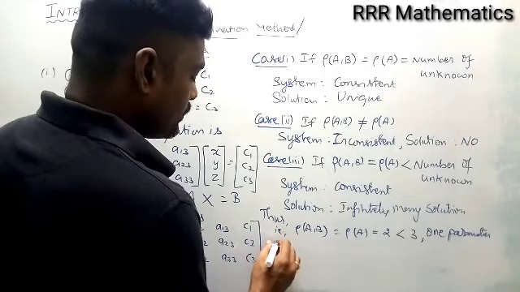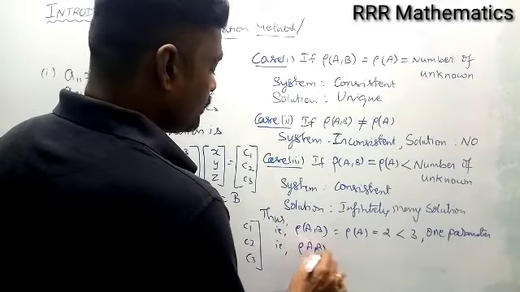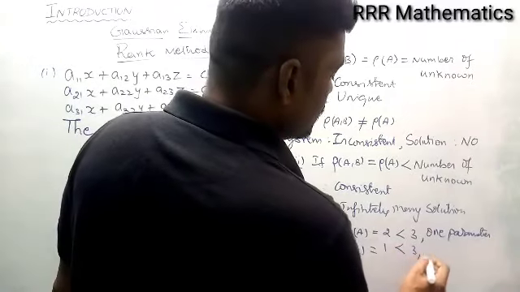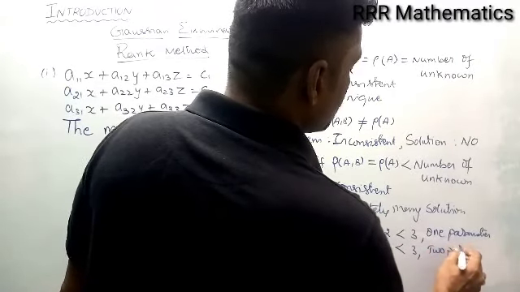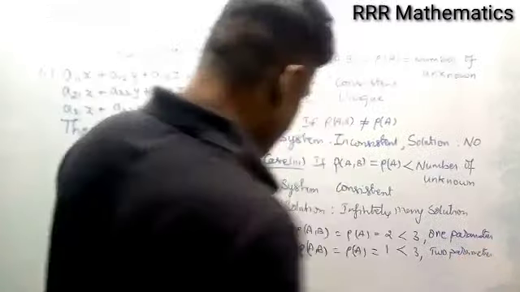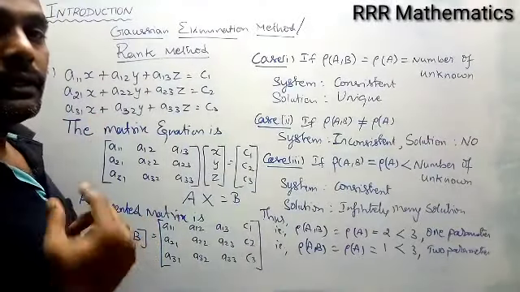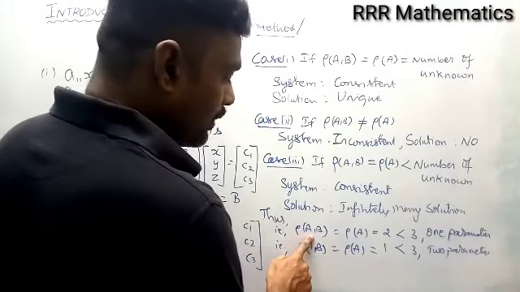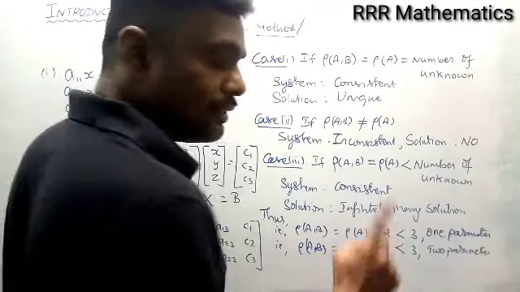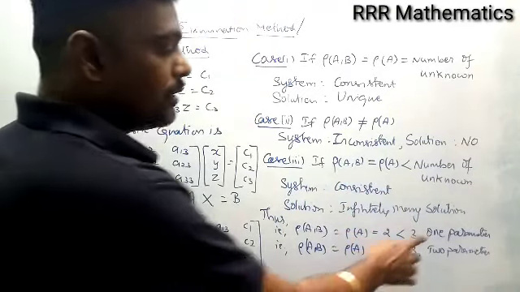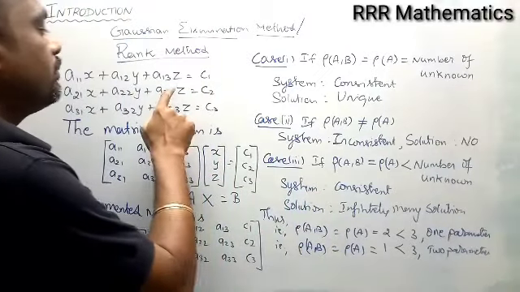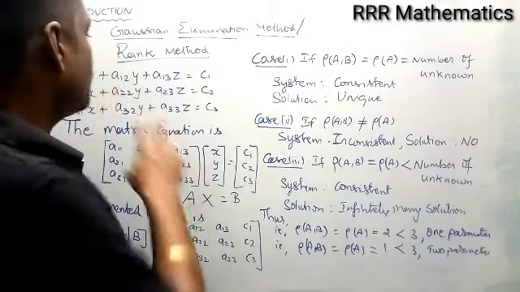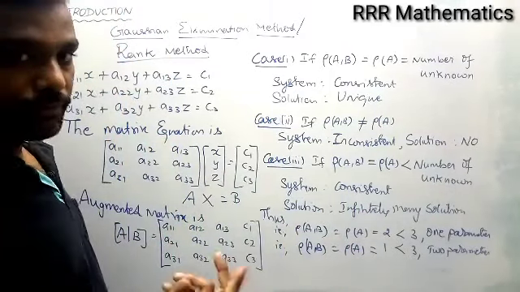Second case. Suppose rank of (A, B) and rank of A are equal, this time 1, which is less than 3. Here two parameters we may introduce. It means we may choose any two variables, declaring them as dummy variables which belong to the real numbers. Suppose rank of (A, B) and rank of A are equal to 2, less than 3, one number reduced means one parameter. In general, we may take z as some constant k belonging to R. So it gives infinitely many solutions, x and y in terms of k.